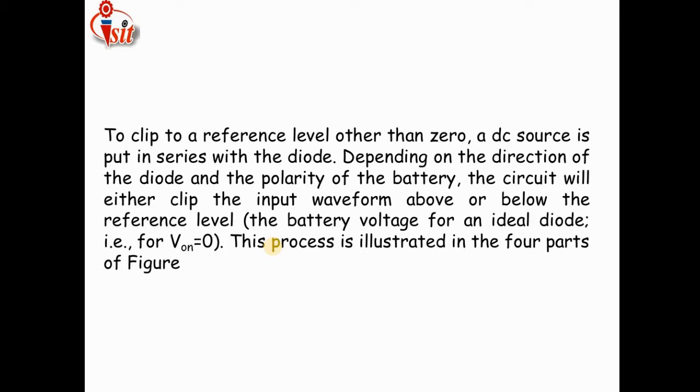That means it is used to clip the signal above the reference level and below the reference level by using a level detector reference line, which is not the original line or the input line. The 0 reference level cannot be used here for the clipping and clamping purpose. Instead of the 0 level or ground level, we are using another reference level having some value for the clipping purpose, which is shown in the figure.